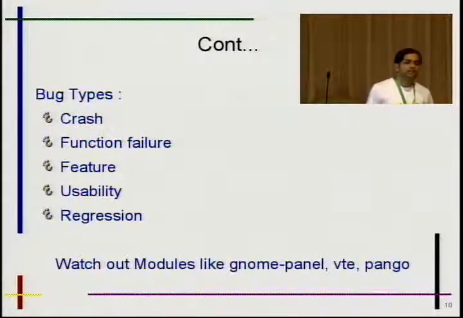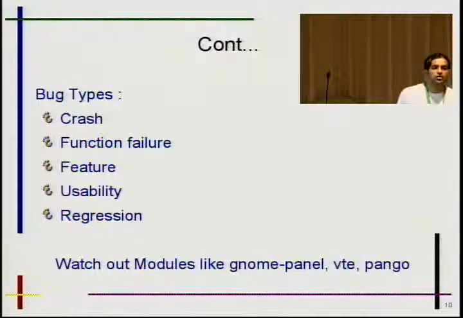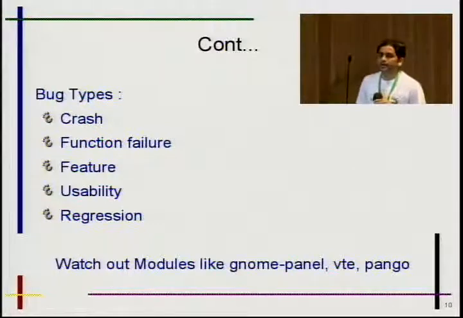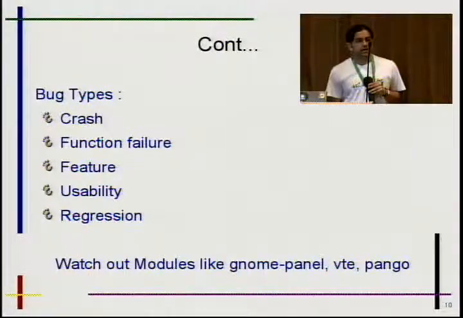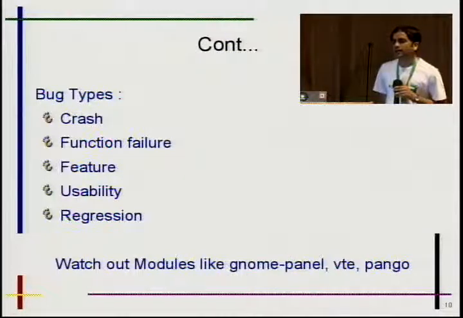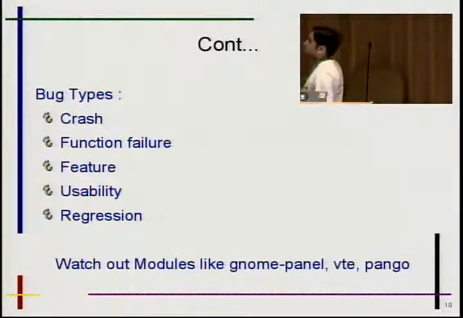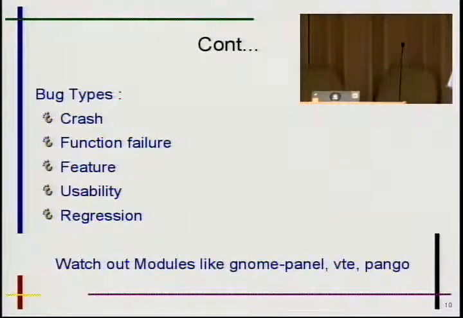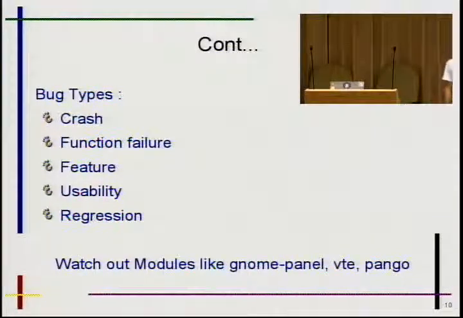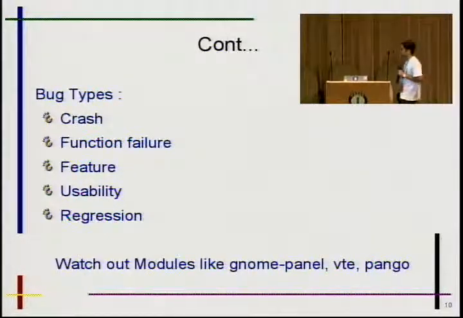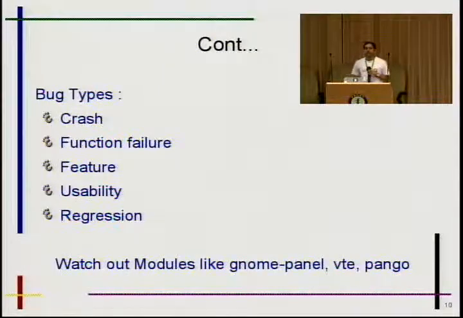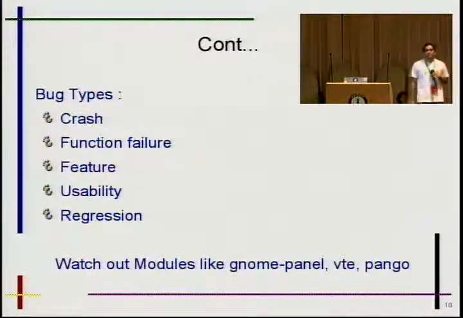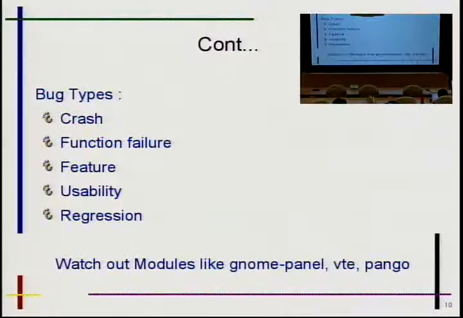Usability bugs are like it's not easy to find a menu, or the error messages which the user is getting don't have a proper string. So he wants that to be modified so that he can get a proper idea of what the actual problem is. Regression: the feature or the module which was working perfectly in the last release is not working in the current one. Those bugs will be tagged as regression bugs. Apart from these, we get translation bugs, security bugs, and some other distro specific bugs which are not common to GNOME, but due to some packaging or some other issue, are specific to a distro.